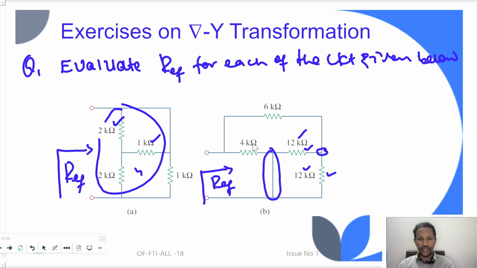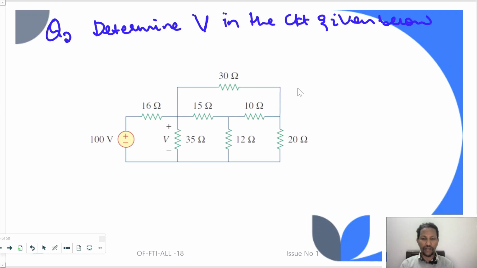This 4 kilo ohm resistor, this 12 kilo ohm resistor, and this 6 kilo ohm resistor form a delta network. So we can draw inside a Y network so that the delta network will be removed from the network. In this way we can determine the values of the equivalent